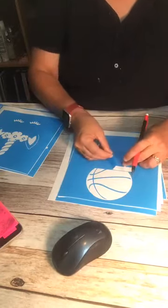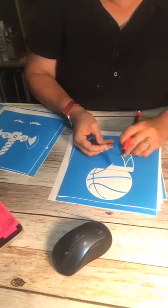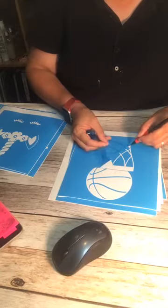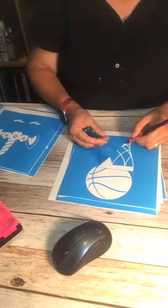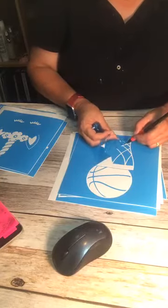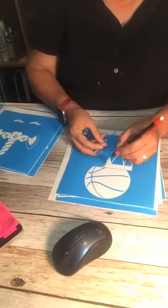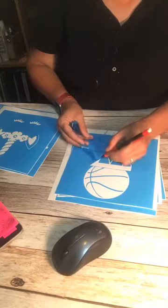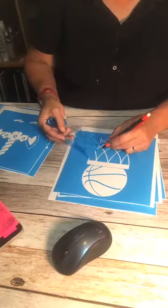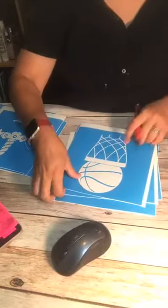Some of the designs take, I think I should have like 5 hands while I'm doing them because it's all these little pieces. It's kind of like doing a decal, but in reverse. What I'm taking out is what I would normally leave in if I was making a decal, because I want these to be the lines that are going to be painted on the wood. So I leave the wood lines, the design actually down, and pull up the other pieces that are protecting those lines. So like when she painted this, she had like one color, and